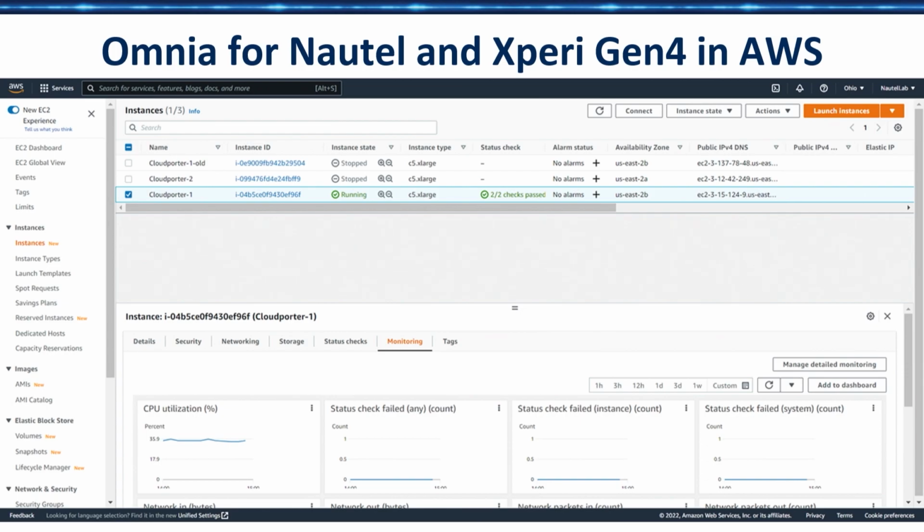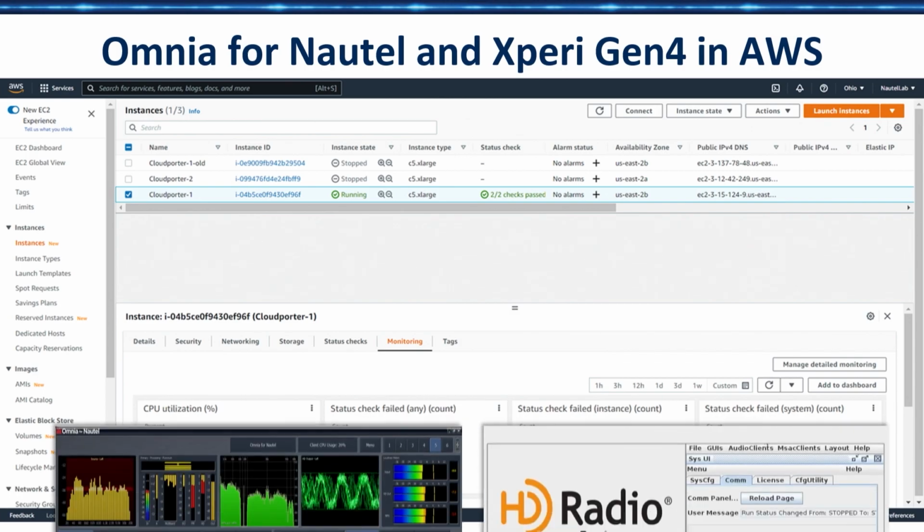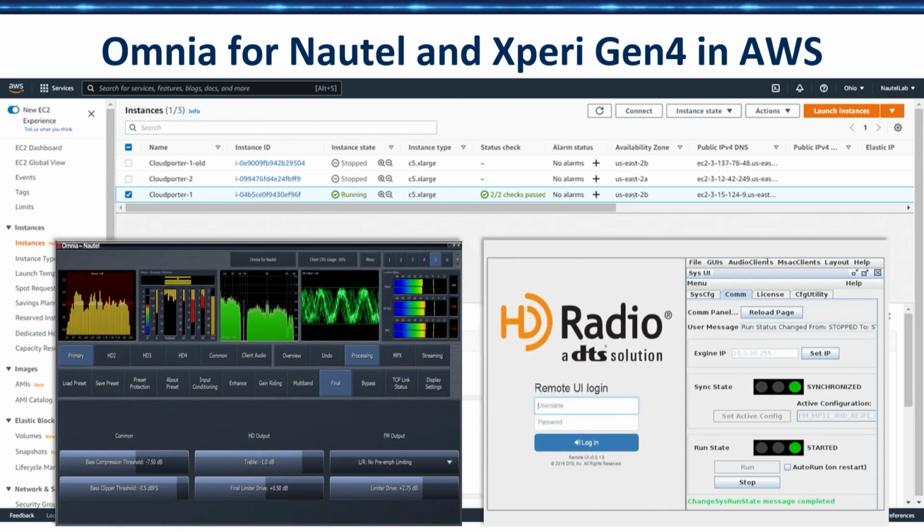So it's running a Windows instance right now. We can consider Linux down the road as well, but currently it's a Windows deployment. And it's so nice. You can just clone the system. You can move it to a different data center in AWS. We had a demonstration where we had one set up in Ohio, another one down in Sao Paulo, and changed over between them, and the diversity delay stayed fixed. But your STL path went across the world, and it still works. And essentially in that Windows instance, like I mentioned, we're running those two software components.